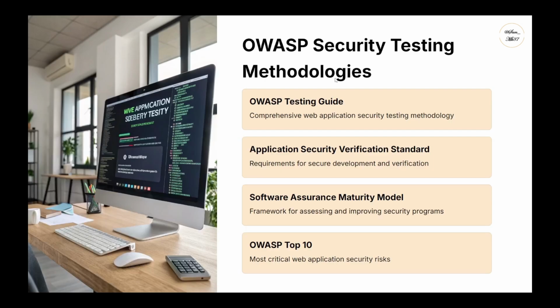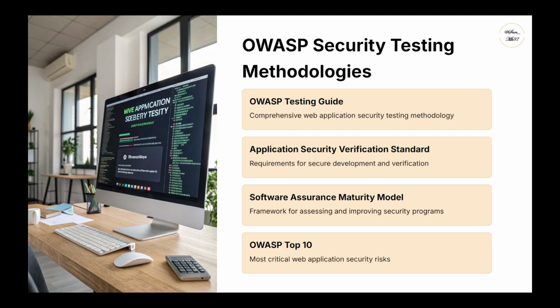Now let's talk about OWASP, which offers a range of well-respected tools and frameworks to guide organizations in improving and validating application security. These methodologies are widely used across the industry to ensure the software is not only functional but also secure. So we have the OWASP Testing Guide, which is a comprehensive manual that outlines how to test web applications for a wide range of security issues. It covers everything from information gathering to authentication, session management, and input validation,